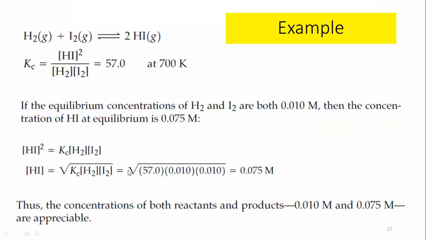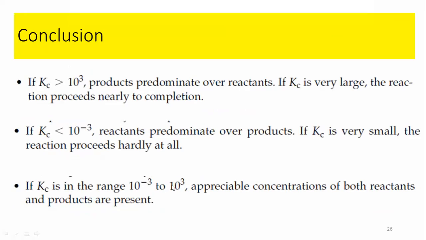So I am just explaining this one more, so you would better learn what would actually be the meaning of this. Let's consider as an example the formation of hydrogen iodide from hydrogen gas and iodine gas. This is the equilibrium constant expression, having the value of 57. So just imagine where 57 is going to belong. This is in the range 5.7 × 10^1. That means this is in between this range. And if it is in this range, as I have explained, then both reactants and products are present.